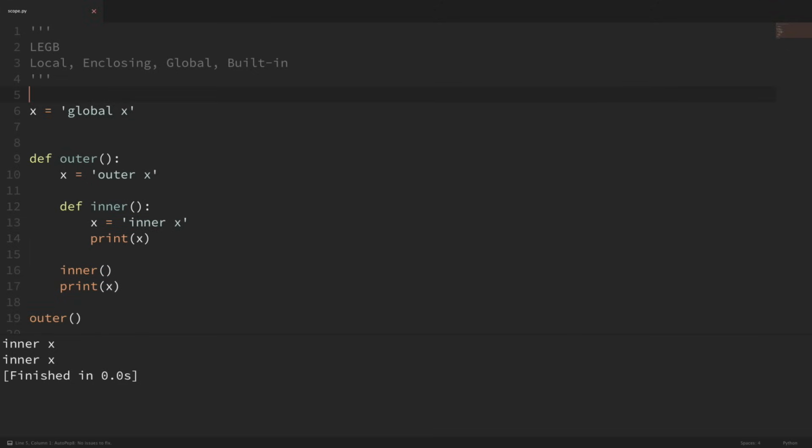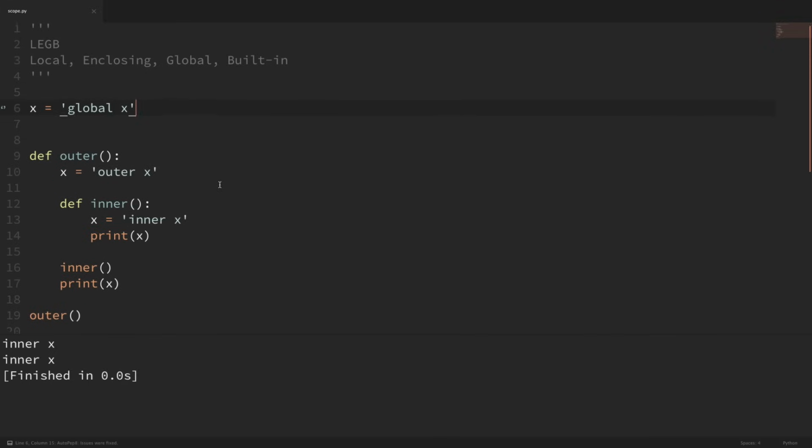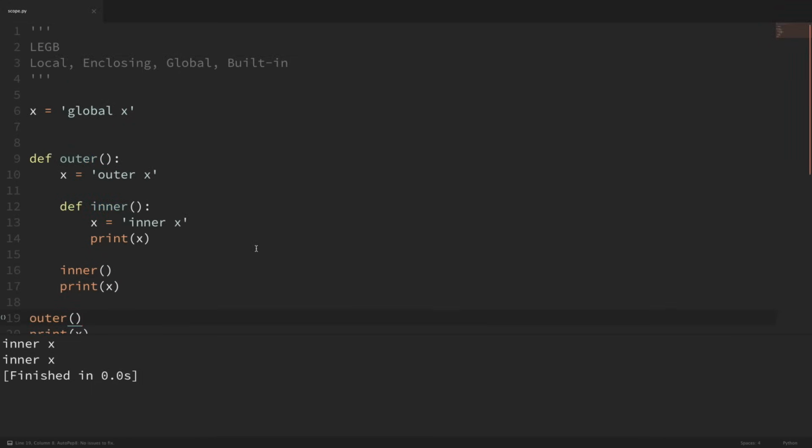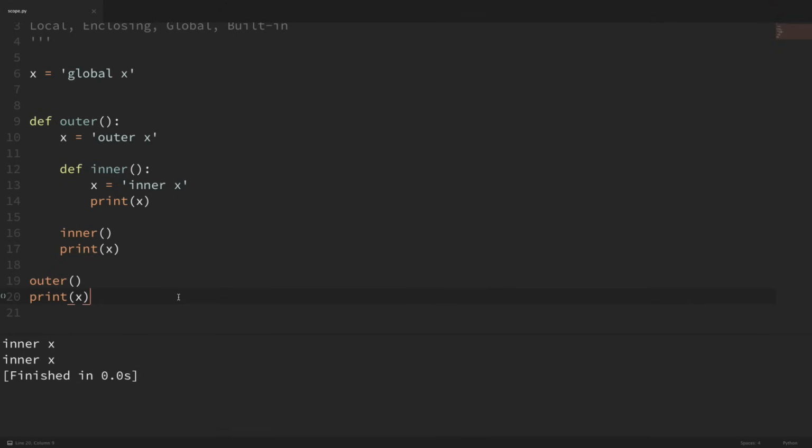Okay, so now just to wrap all of this up, let's remove this nonlocal statement here, and let's uncomment our global x variable here at the top, and here at the bottom, I'm going to uncomment where we print out that global x variable. So now if I was to run this, we're simply setting an x variable in each of these scopes and then printing them out. So now that we've gone over the LEGB rule, you should know exactly what would happen if I was to come in here and comment out where I set the x